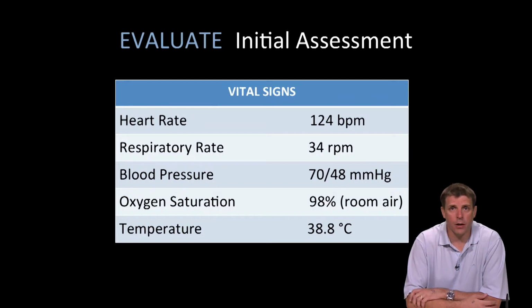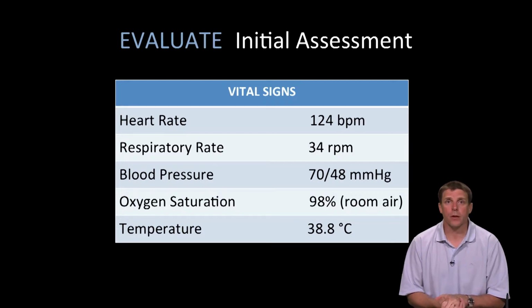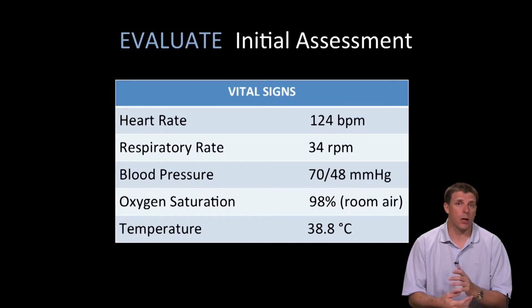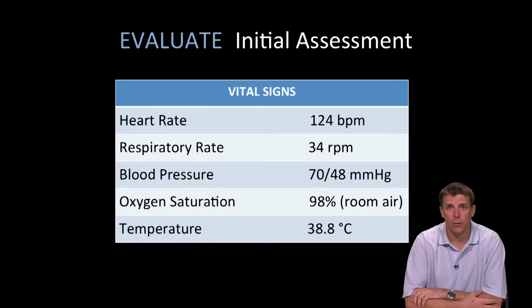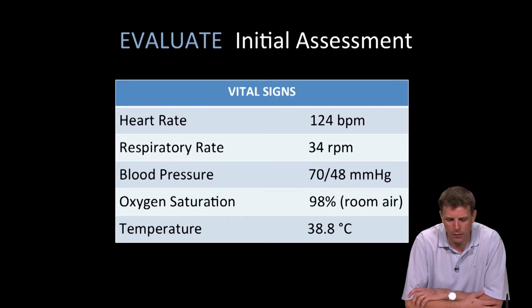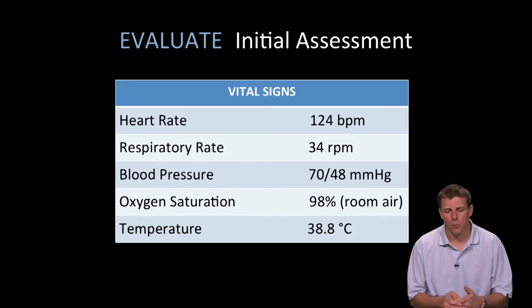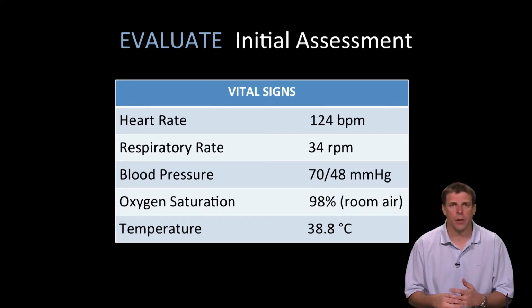As we can see, the heart rate is 124. That's quite high, as we all know. The respiratory rate is 34, and this is also quite high. Blood pressure is 70/48. This is quite low, unfortunately. The patient does have an adequate oxygen saturation of 98% on room air, and they are, of course, febrile at 38.8 degrees Celsius. So with these vital signs, we can start to think about our patient and determine how concerned we are about them, and as well, perhaps start thinking about the things that we would want to